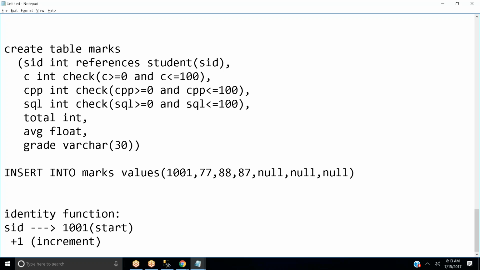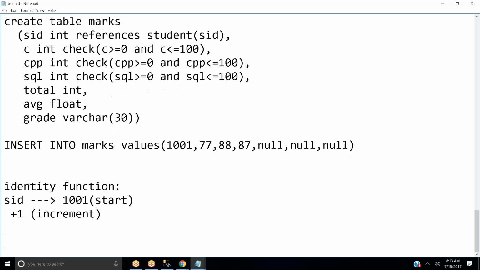Okay. So why do you always need to write student ID, insert into 1001, then corresponding values, then insert into another record 1002, all those values? By default, I need to start with 1001 and it should be automatically incremented. Why can't you do it in such a way?